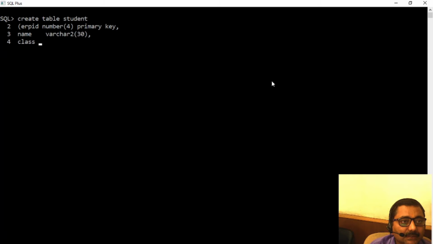Then class, varchar2 size 3. Then we'll have semester, number inside bracket 1, bracket close. First table created.